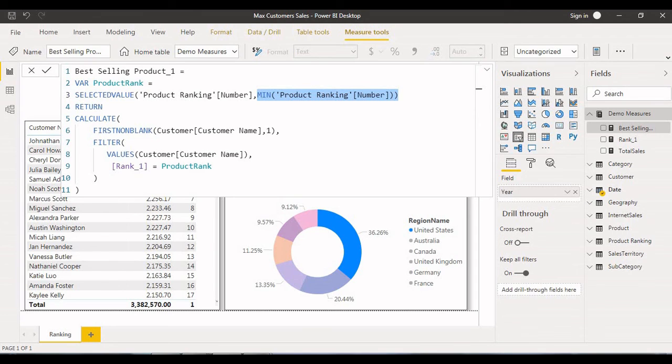I am passing that value to the RANKX measure, rank 1 measure. In the FILTER function I am taking the customer names, and within the customer names I have used the rank 1 measure, and I am passing that value. If it is 1 then 1, 2 then 2, 3 then 3, like that it works.